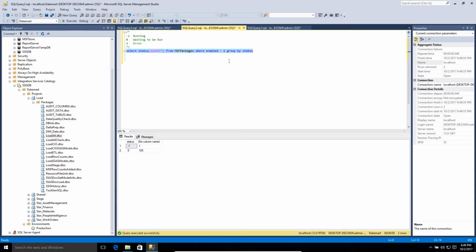You can now see that the load has started. There is currently 1 job running. As you refresh this query, you will see the current status change. In this example, you will see a new item that I have not mentioned before called -9. This means it is waiting to be scheduled and has not started yet in the SSIS system, and this can